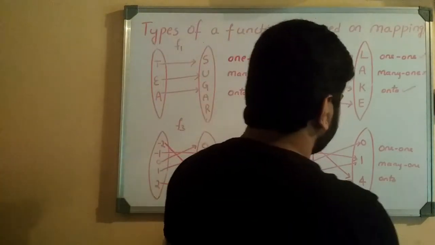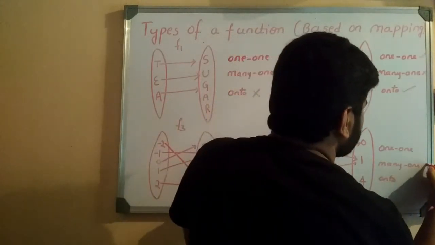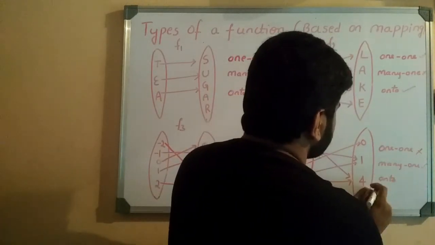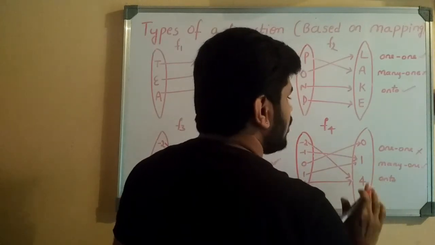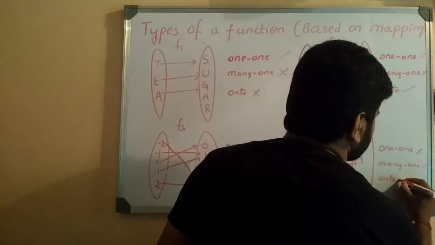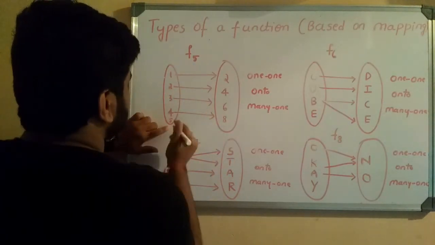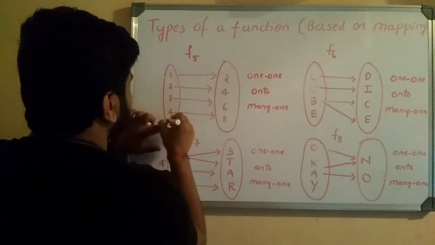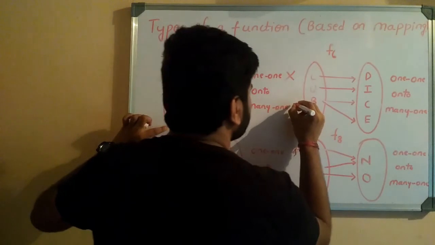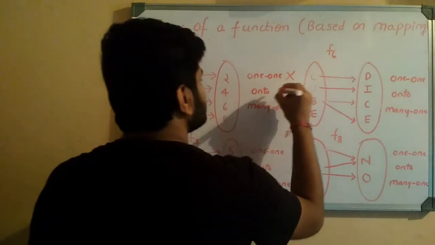So in the fourth question, this is a many to one function, not a one-one function, and it is also an onto function because codomain is equal to the range, or every element in the codomain is included in a mapping. So this is an onto function. So here this is not a one-one function. Why? Because here every element is not included in a mapping. So this is not a one-one function, not even a many-to-one function also. So this is an onto function. Why? Because codomain is equal to the range.